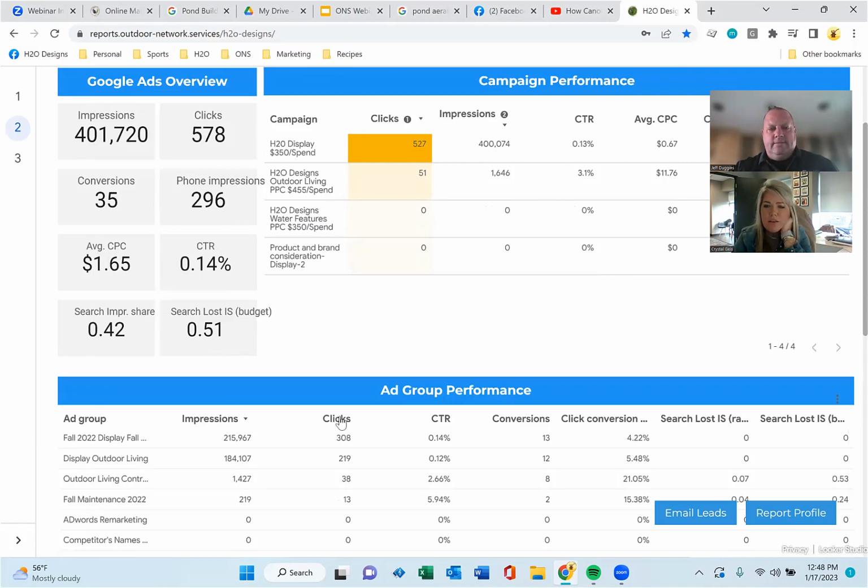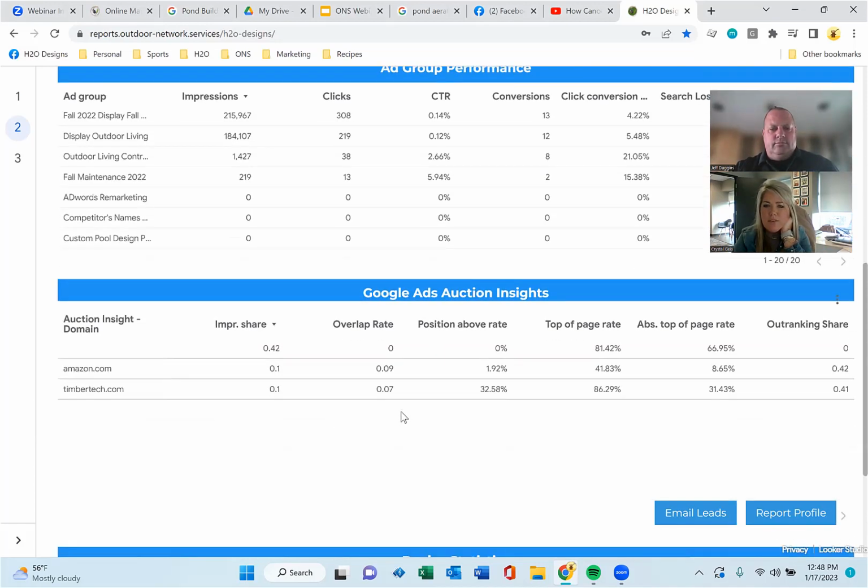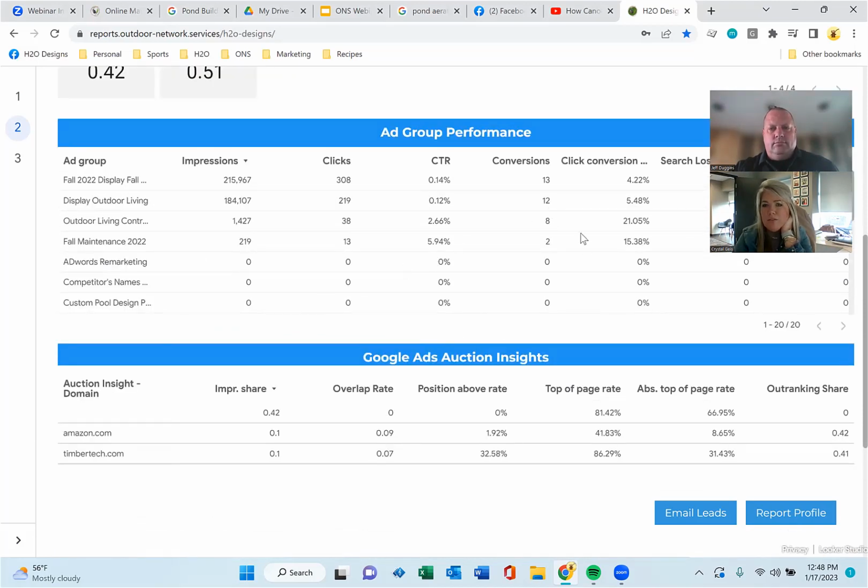Then if you scroll down, you can see if your search is lost based on rank, and you're not losing any significant amount of search based on rank. So that's your SEO value there. And this shows you if any of your search is lost based on budget, and there's not enough to be worried about. But oftentimes other competitors will come in, and even though nothing ad-wise has changed for you, the cost per click goes up because someone new to the market has taken some of that budget as well. Good. All right.